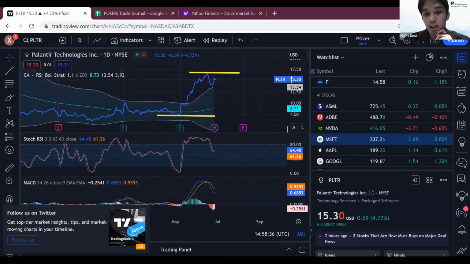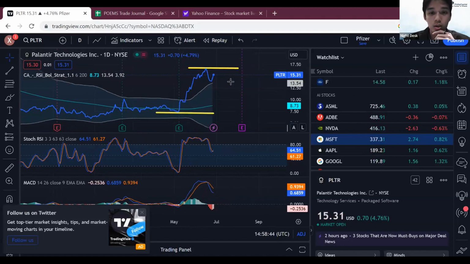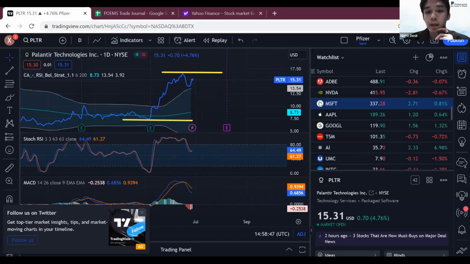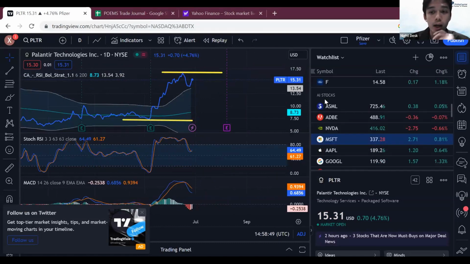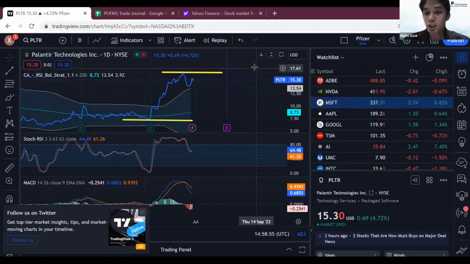I base a lot on fundamental analysis, and then followed by how I want to enter trades, I'll go into technical analysis. How the markets and how the industry play a part will also affect how I do my trades. If you look at the news today, as I mentioned earlier, there was news on AI itself. Everything went down during pre-market. You can see Nvidia dropping about $14, $15 all the way until it broke 400. So it was at 399.